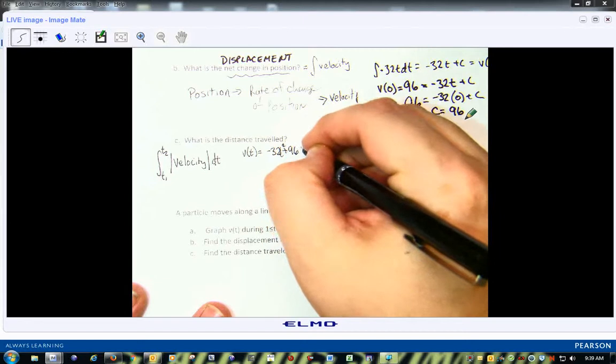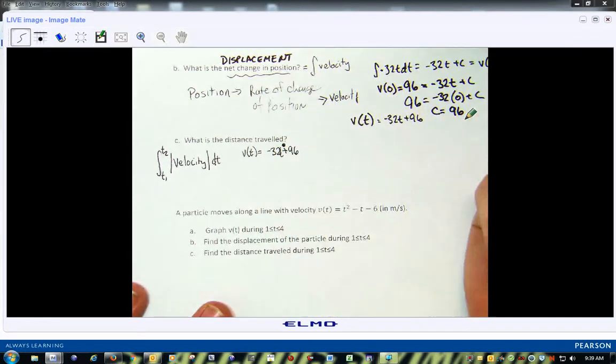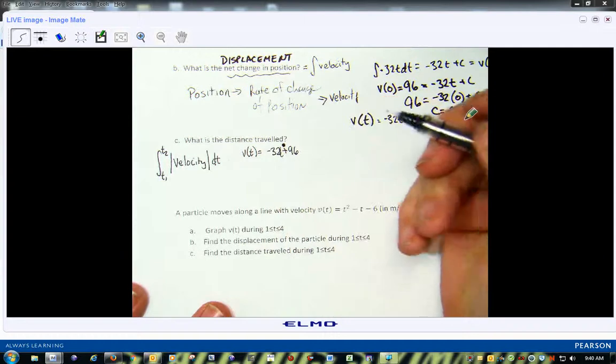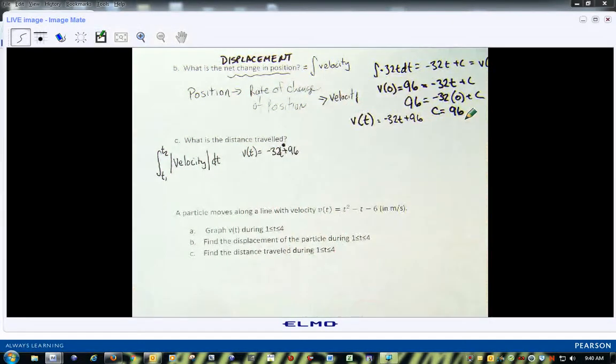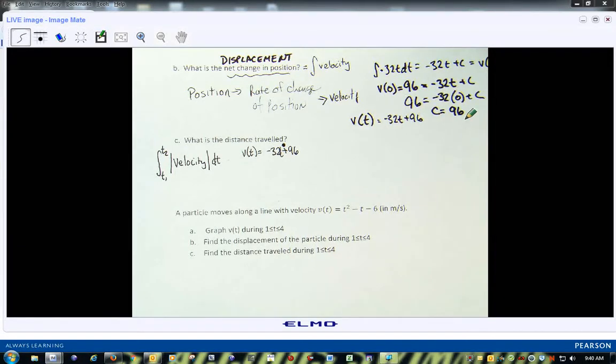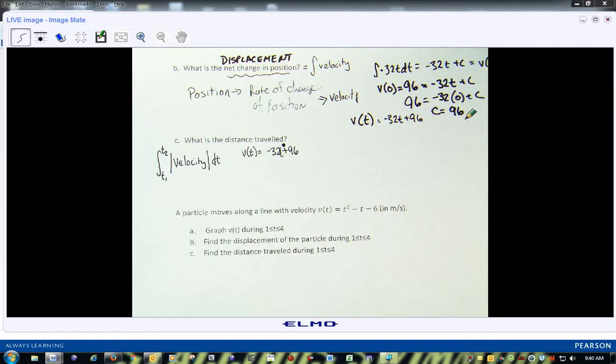So negative 32t plus 96. Looks bad, I know. Now, in order to figure this out, basically what we want is all the regions where the graph is going to be positive. And then when it's negative, we want to take the opposite of it to make it positive. Because